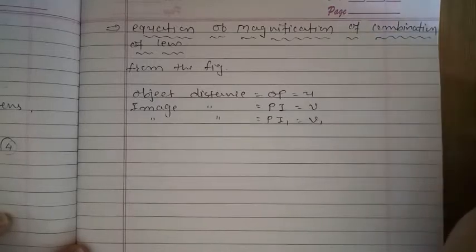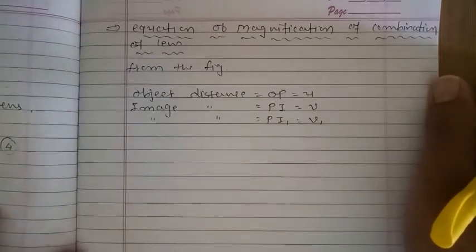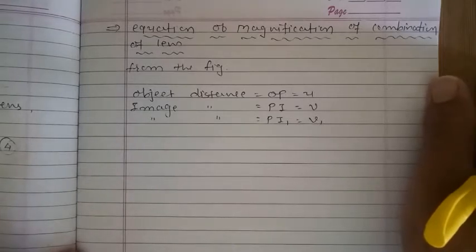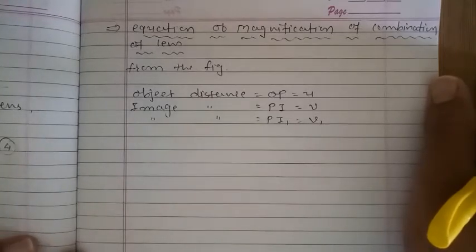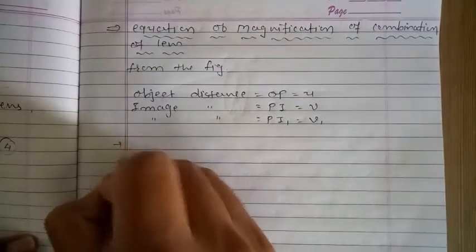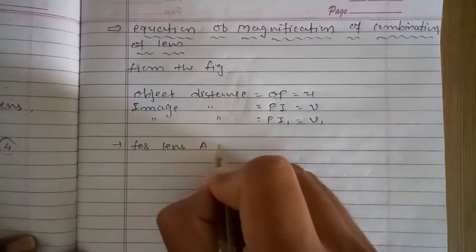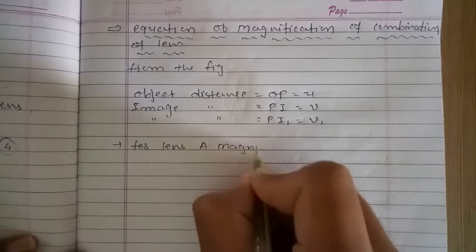M is equal to V by U, right? But here for combination of lens we write the two magnifications. First of all, for lens 1 magnification and for lens 2, right? So first of all, for lens A magnification,